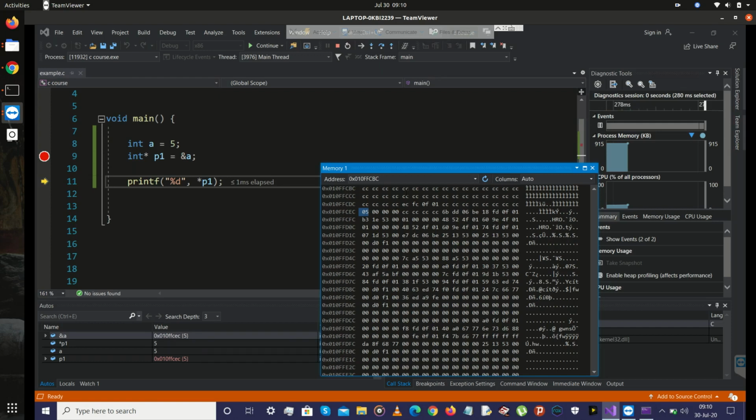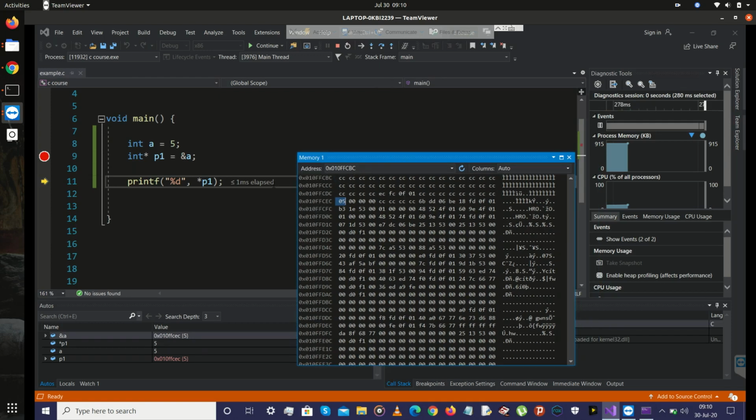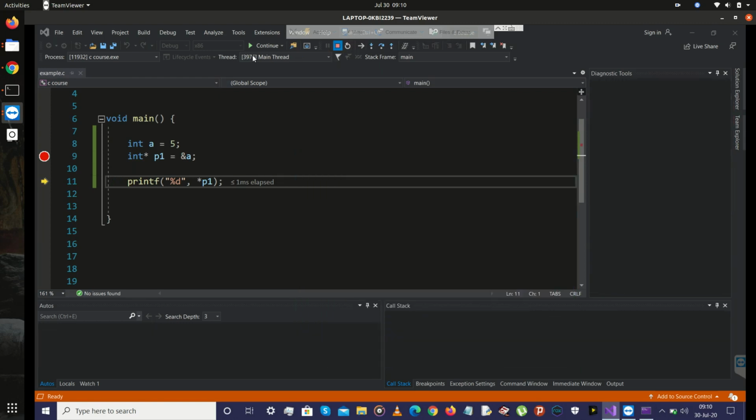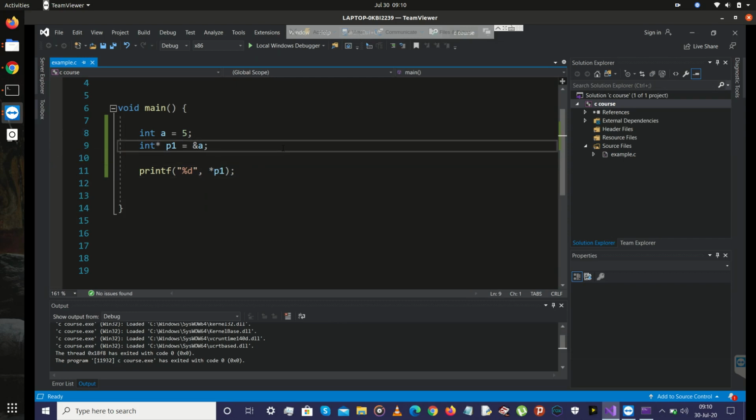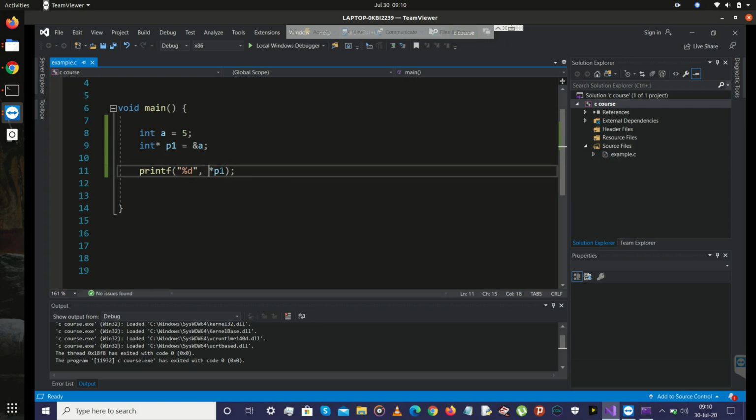I think you have understood all this about pointers, and you need to know this when you are dealing with strings. We will deal with strings in later videos. I hope you have got a clear understanding of pointers. And one thing you need to notice is this is the dereferencing operator. It takes the address value, goes to that address, and evaluates the value there.